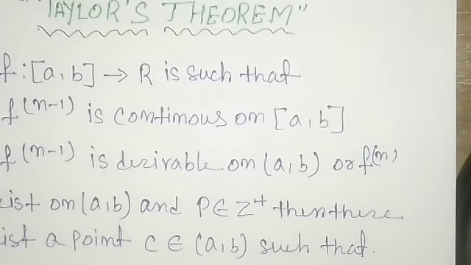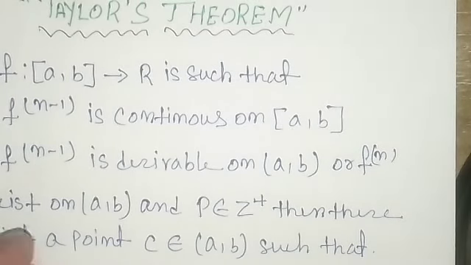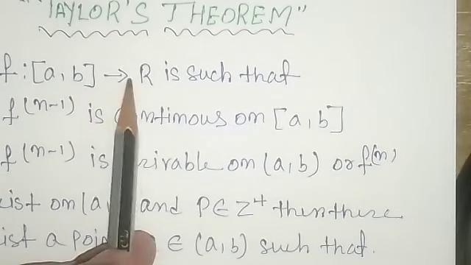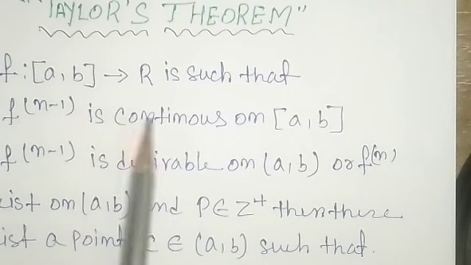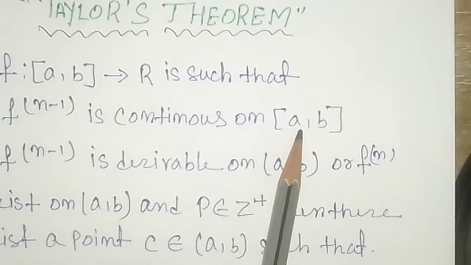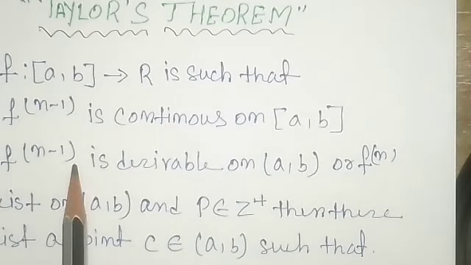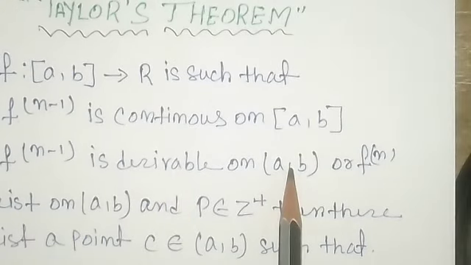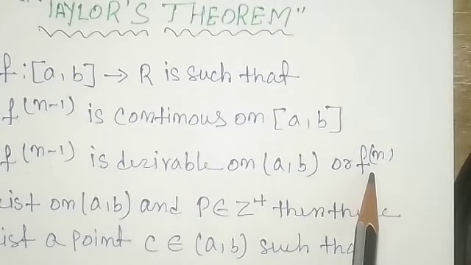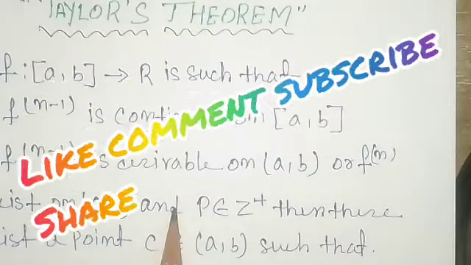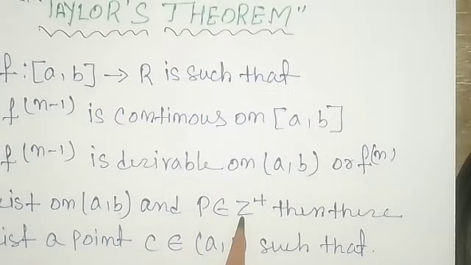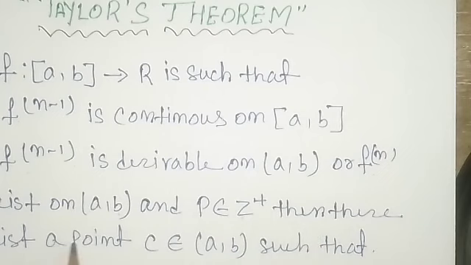Now in this video we will discuss Taylor's theorem. So what is Taylor's theorem? If any function f on [a, b] belongs to the real numbers such that f to the power n minus 1 is continuous on the closed interval [a, b], and f to the power n minus 1 is derivable on the open interval (a, b), or f to the power n exists on (a, b), and p belongs to the real numbers, then there exists a point c belonging to (a, b) such that